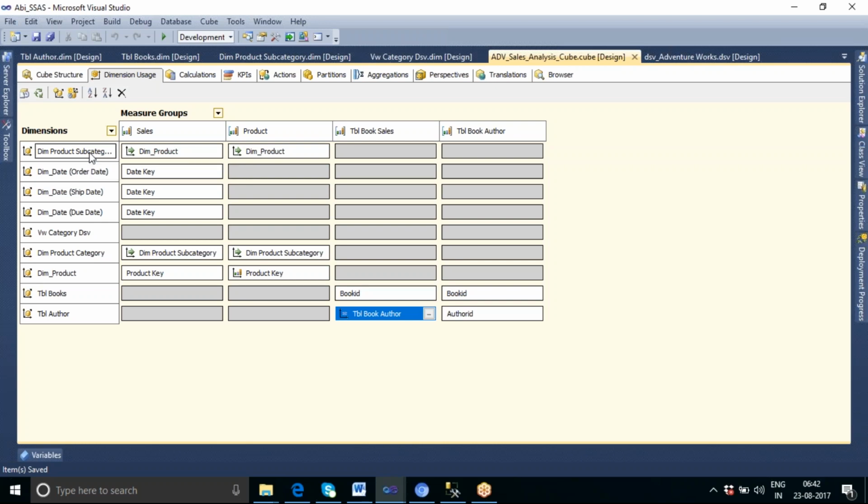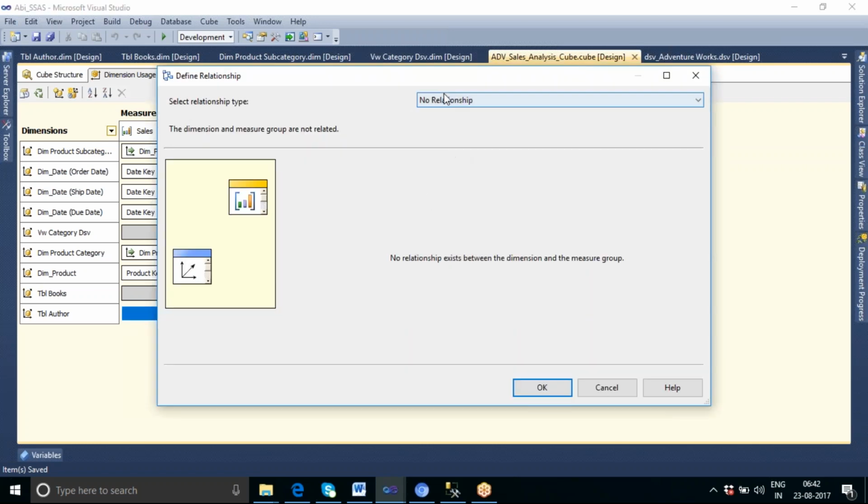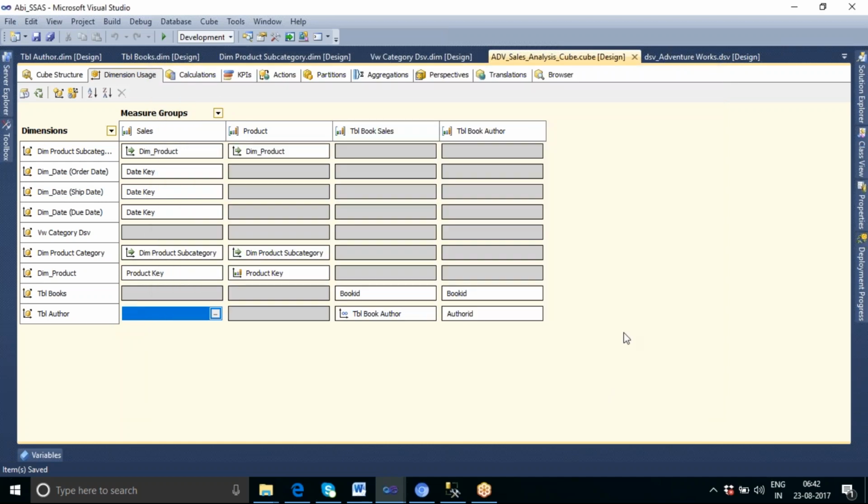The last one is data mining relationship, which is specifically used when you are doing data mining projects. I don't have any experience on those mining projects, so I have also never used this relationship. So this is how we can create a relationship between your dimensions and the fact.